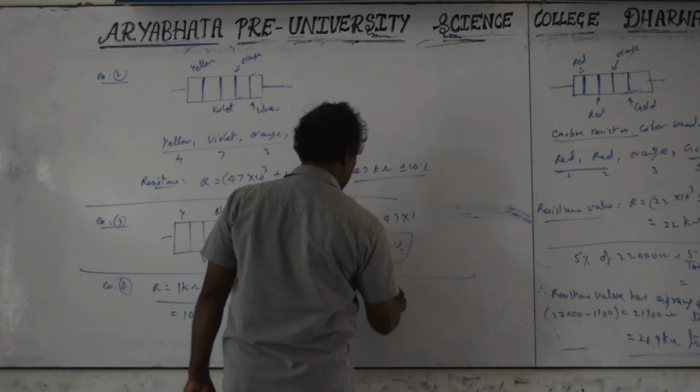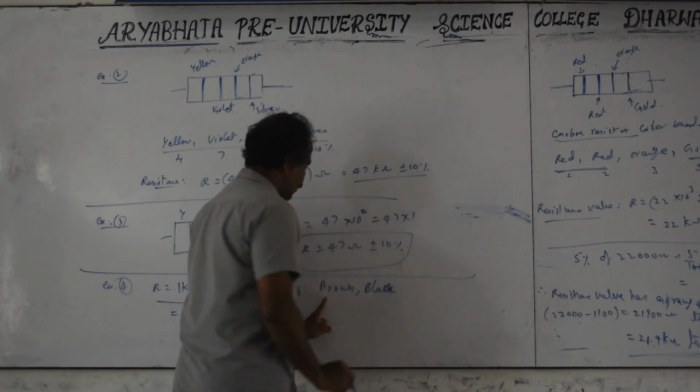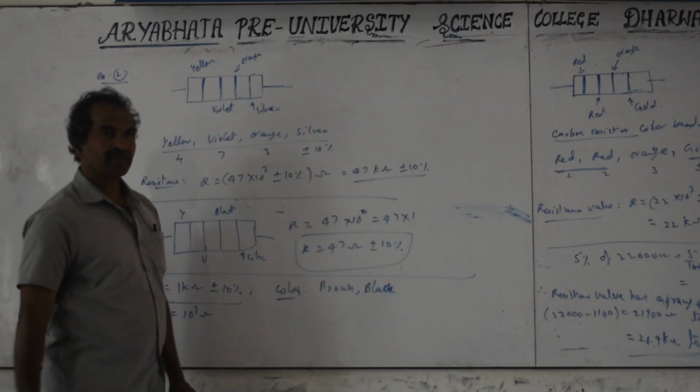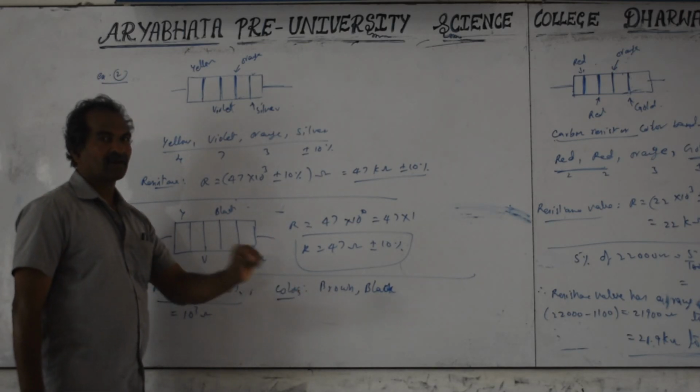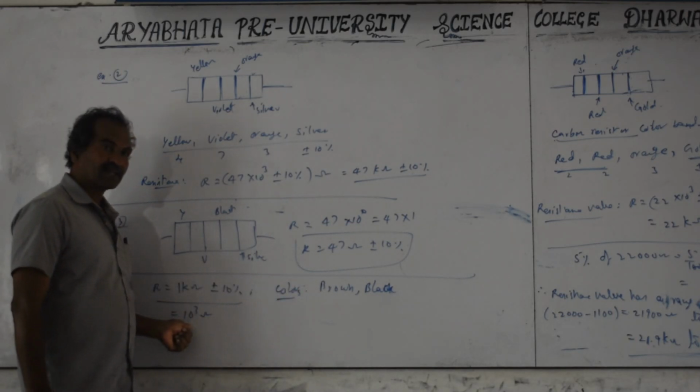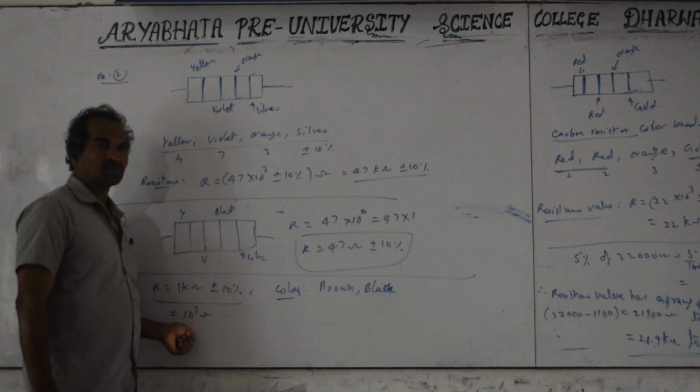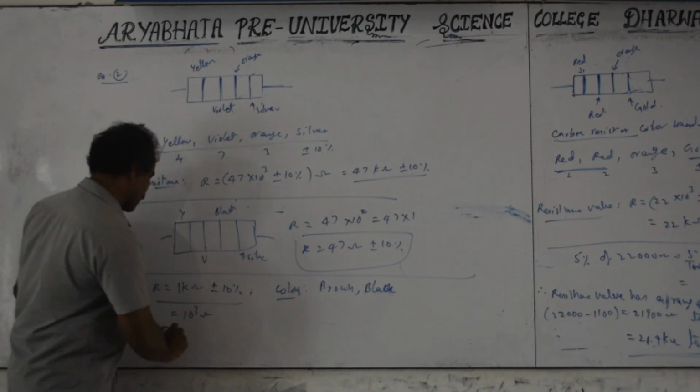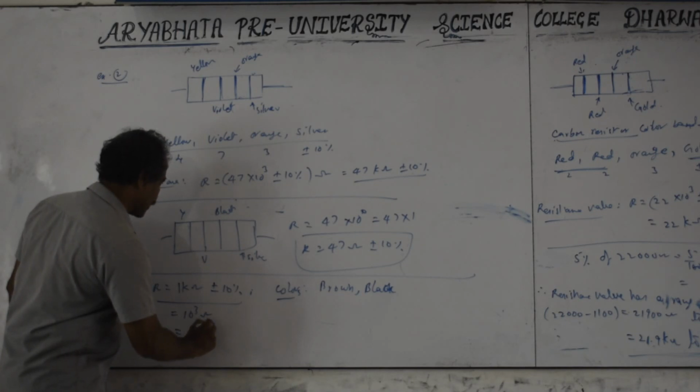Black. That means what we have got is 1 0. 10 is over. 1 0 means 10 over. How much do we require? 1000. Okay, 10 into 10 to the power of 2. We want 1000. So 10 into 10 to the power of 2 is nothing but equal to 10 into 10 to the power of 2.